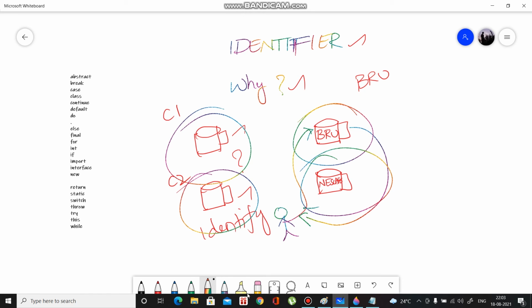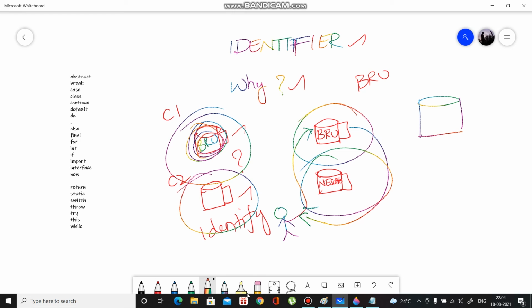Similarly in Java, an identifier is the name that is given to a variable. This is a variable and the name given to the variable is the identifier.